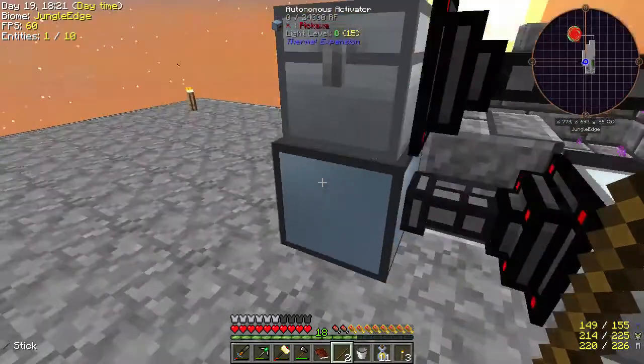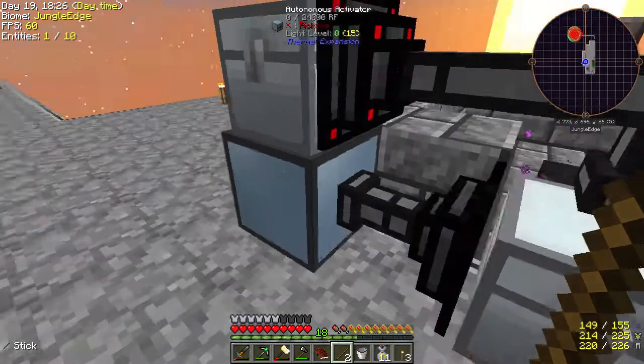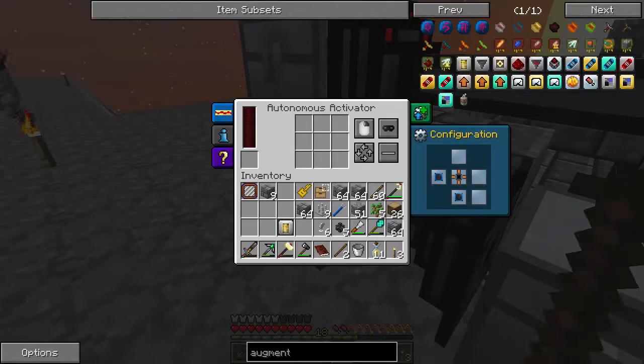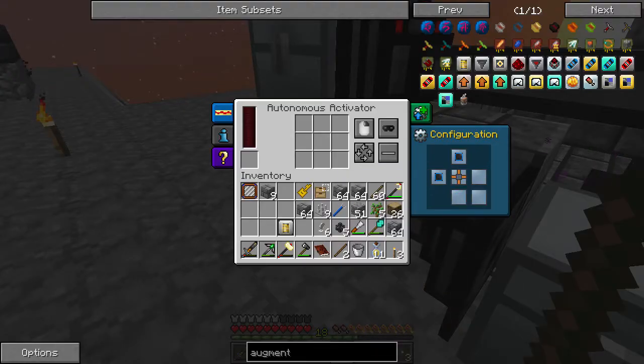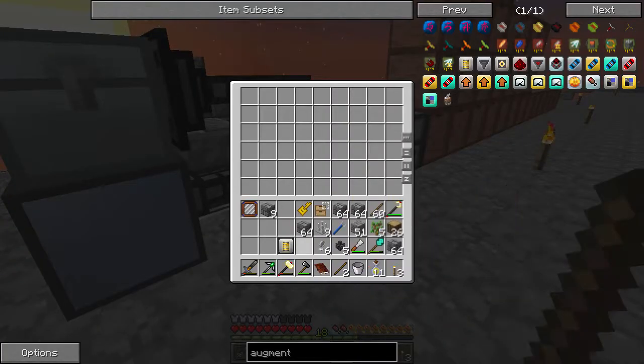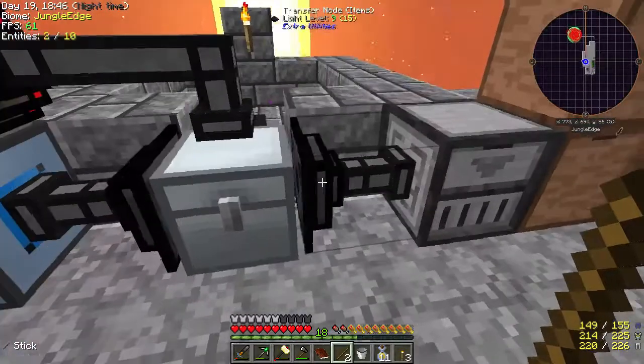So I want this side to be input. Okay, it is that side. Alright, so that should be input. So if I put an item in here like that, it should go in here. Once we get this